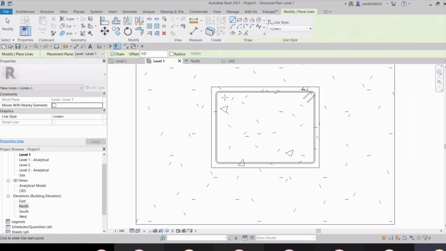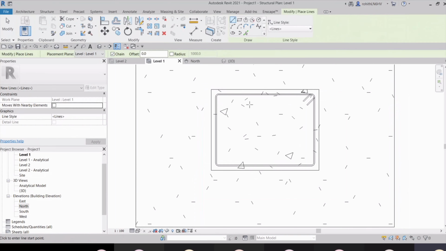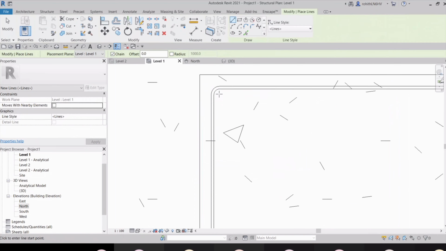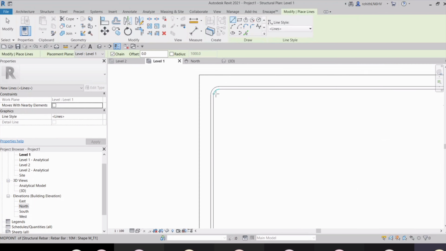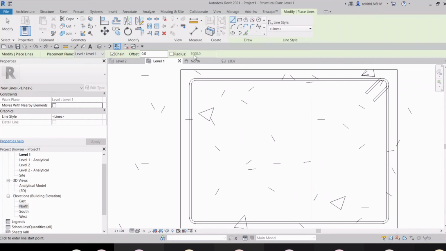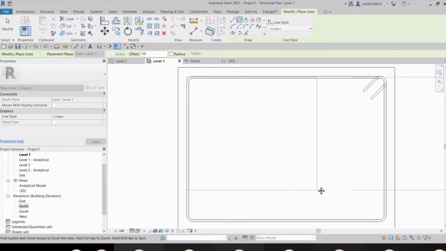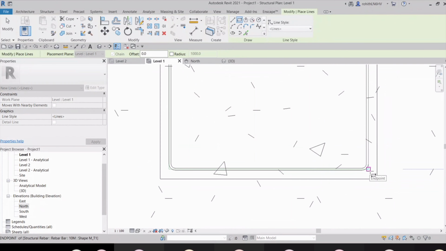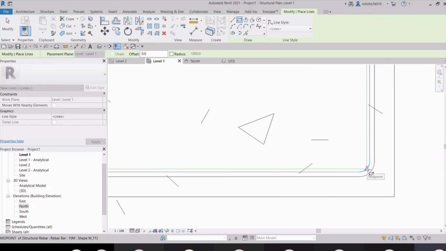You can give the marking with this model line, right? So how we want to place it, you can just give it a line or something like that. You can mark it here.